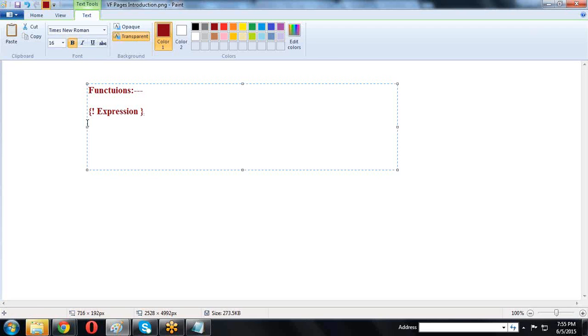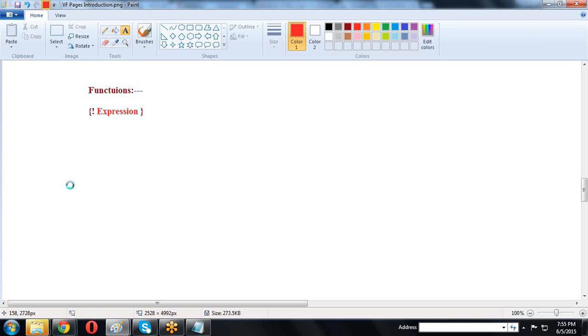We write the less than angular brace, exclamation, expression, some value, and close it. This is the way we write functions.